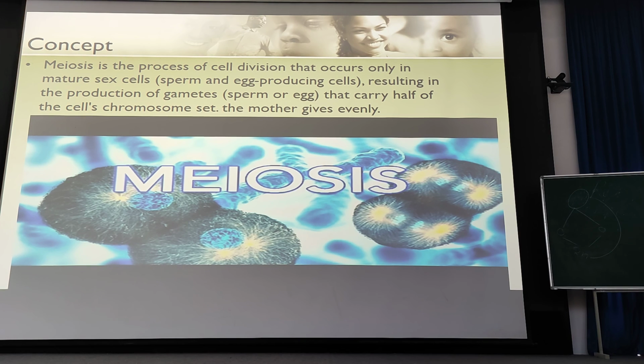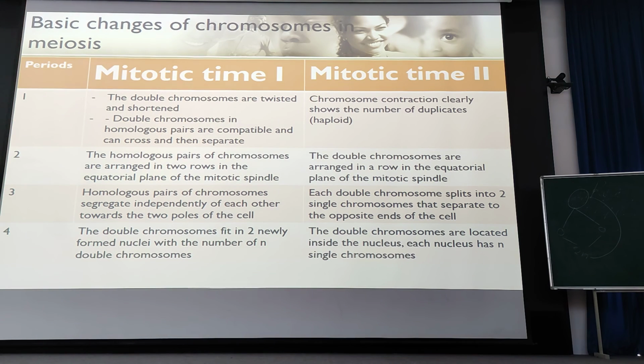Next is meiosis. Meiosis is a process of cell division that occurs only in mature sex cells, the sperm and egg producing cells, resulting in the production of gametes, sperm and egg, that carry half of the cell's chromosome set of the mother, given evenly. And these two types of division,